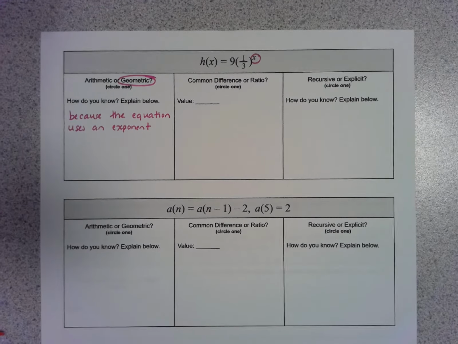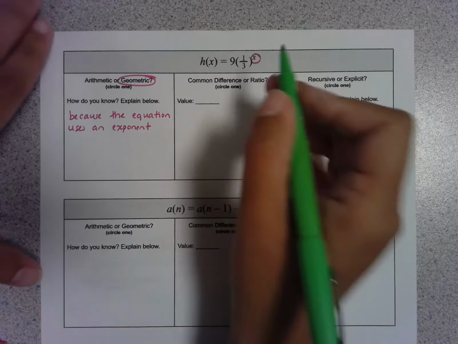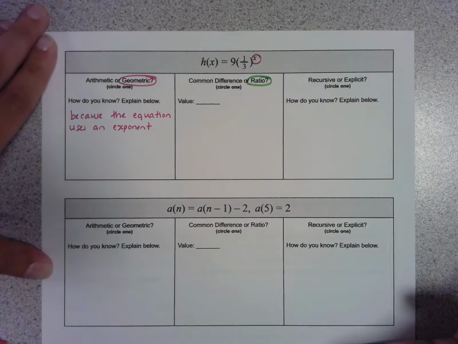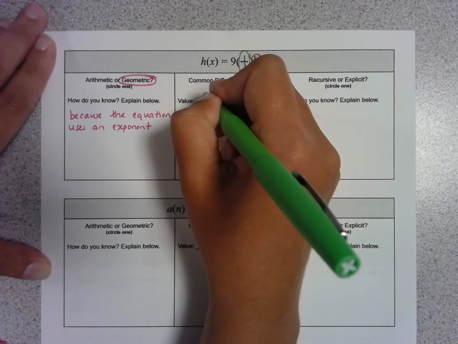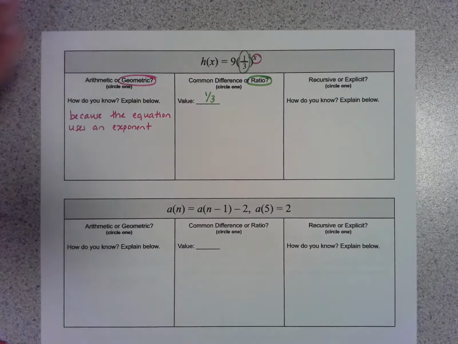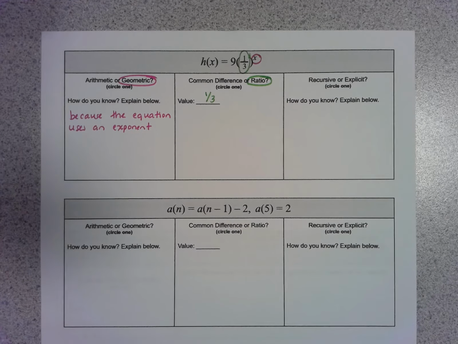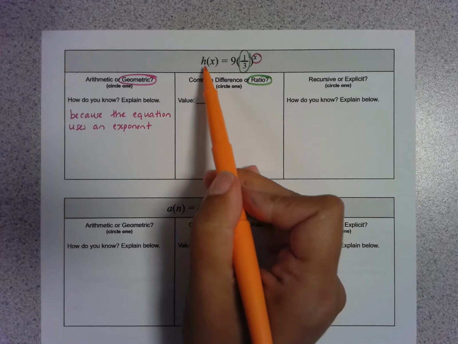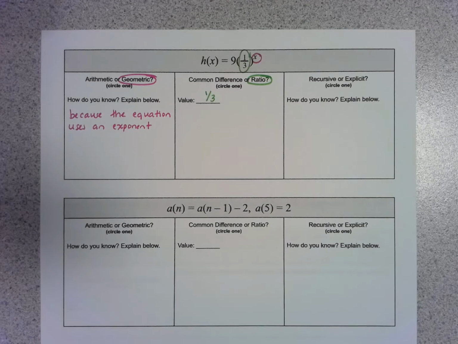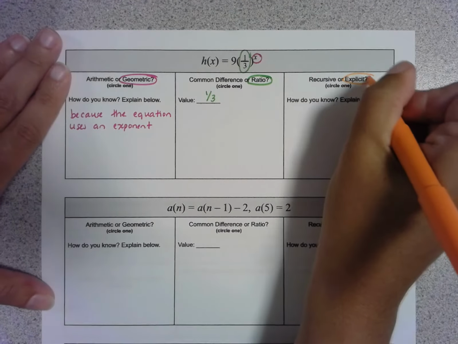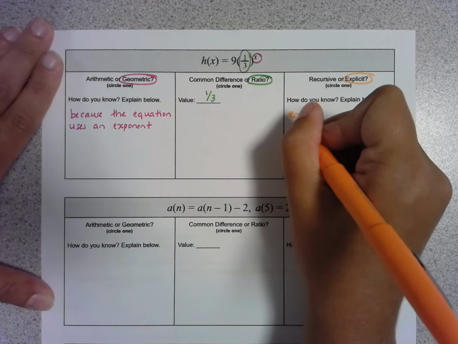Now, common difference or common ratio? Because it's geometric, we're going to have a common ratio, and the common ratio is always the base of the exponent. So in this case, it's 1/3. Recursive or explicit? Because this equation does not use the previous term, so it doesn't say h of x is equal to h of x minus 1, it just says start with 9 and multiply by 1/3. This is going to be an explicit equation because the equation